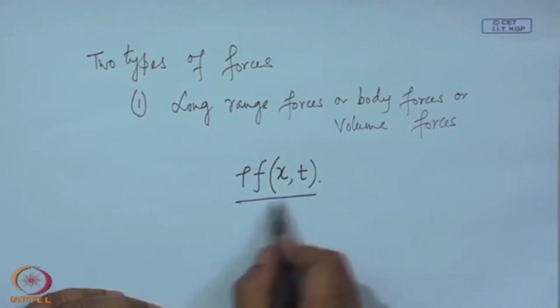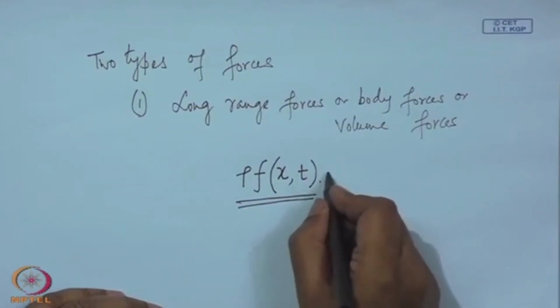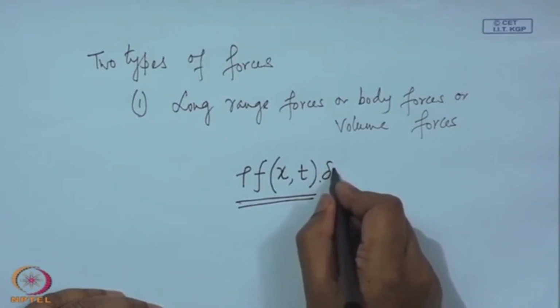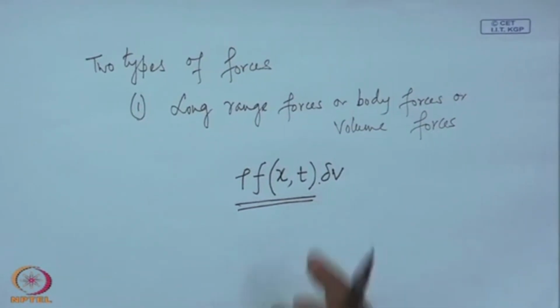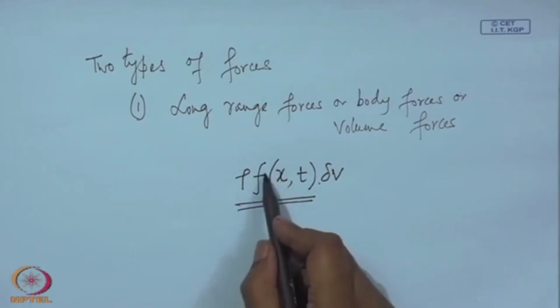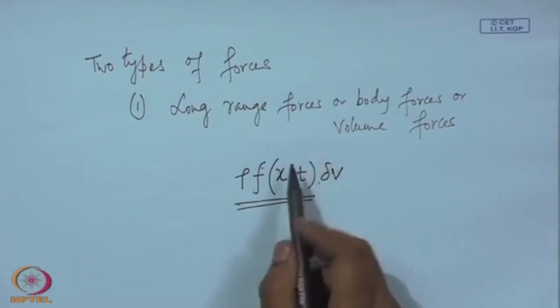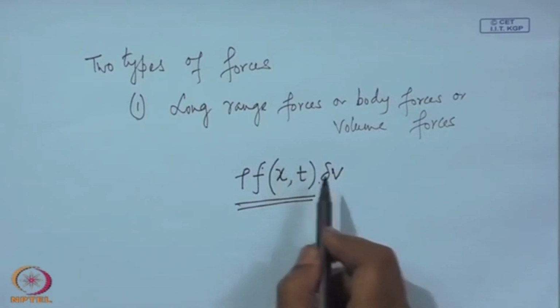So, this is multiplied by the volume of the element. So, this is the body force acting on a small element of volume delta v, where F is the body force per unit mass acting at position x at time t,